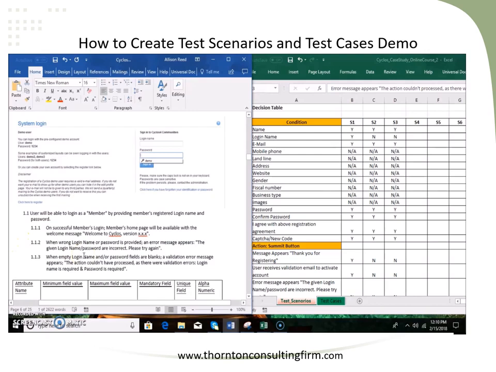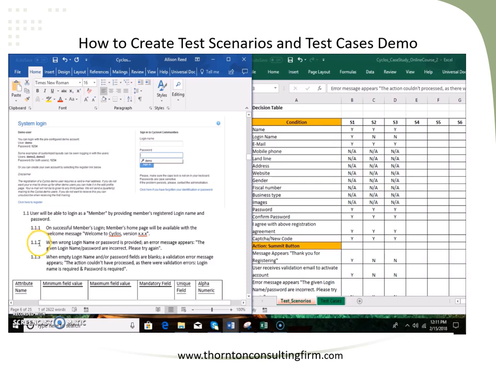So let's review. In requirement 1.1.1 for this system login page, when a user logs in successfully, they should receive a message stating, "Welcome to Cyclos version